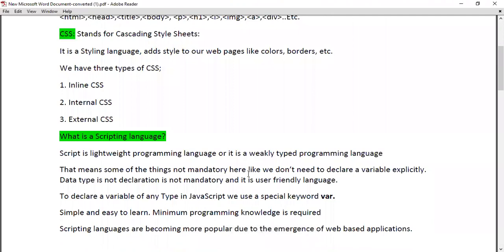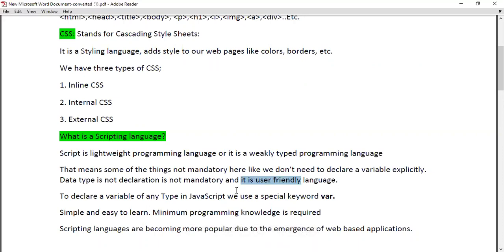That means some things are not mandatory here, like we don't need to declare a variable explicitly. It will automatically convert the type of variable definitions. Data type declaration is not mandatory here, whereas in programming languages like C++ and Java, we need to declare the variables explicitly.